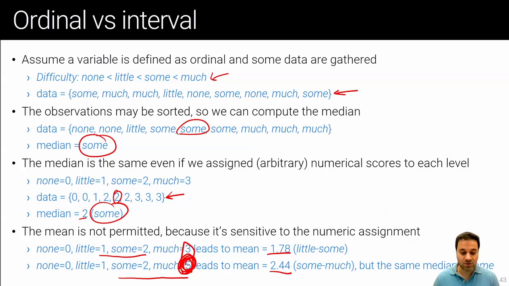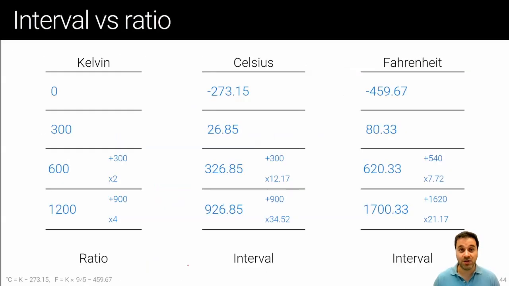And let me also show you the example of interval versus ratio. And we're going to talk about temperature here. On the one hand, we have the physical temperature, the physical quantity we are interested in, or the physical property, the temperature of a certain body. And we could measure that in different scales. Most typical: Kelvin, Celsius, and Fahrenheit. Now, the point is,